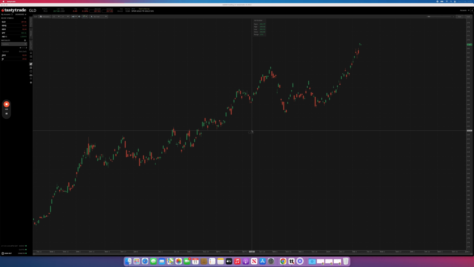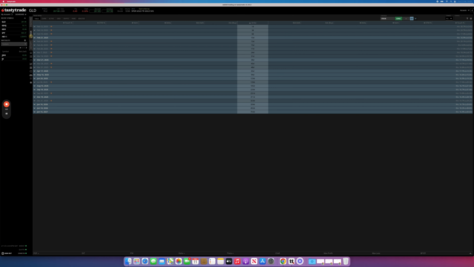And one of the reasons why this works so well is because volatility is mean reverting, and another reason why it works so well is because volatility is contracting most of the time, roughly about 80% of the time in the market. So once you've got GLD open like this, you want to go over to the trade tab